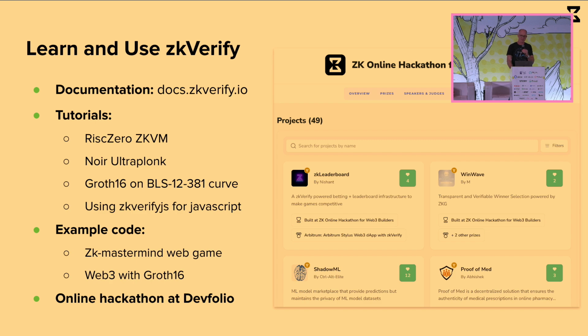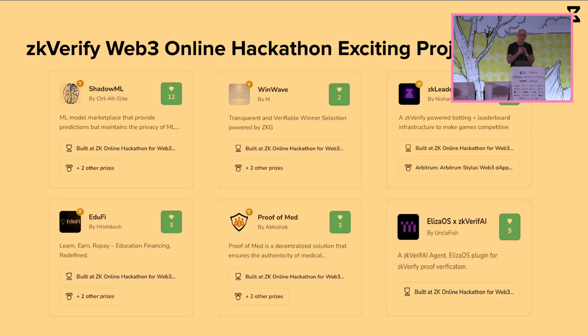And so let's talk about some of those winning projects, because they can provide inspiration for the projects that y'all might want to build. This was a Web3 online hackathon, so these are all Web3 projects that integrate the zkVerify smart contract. I'll just go across the top.